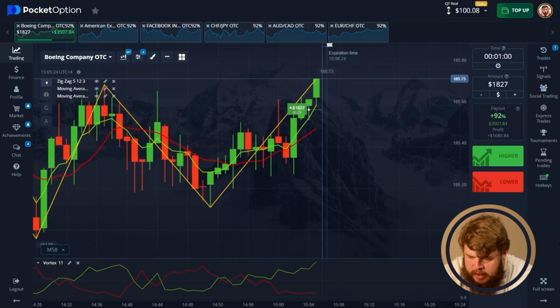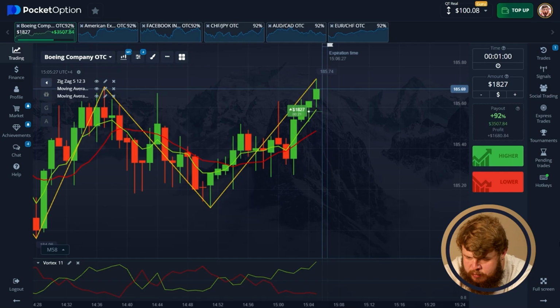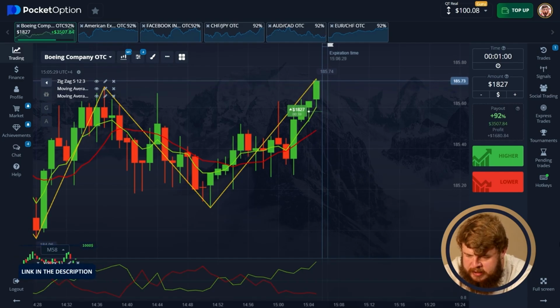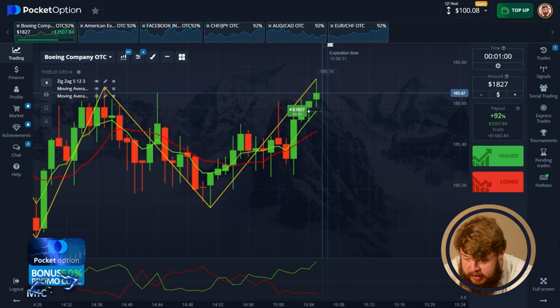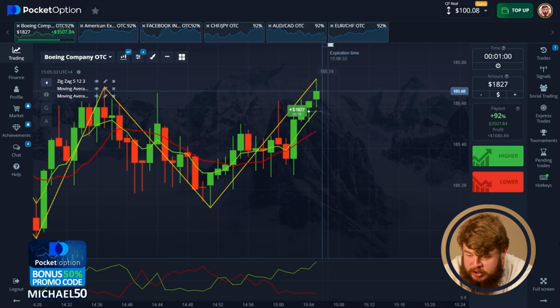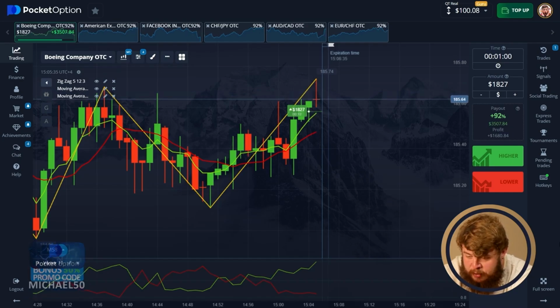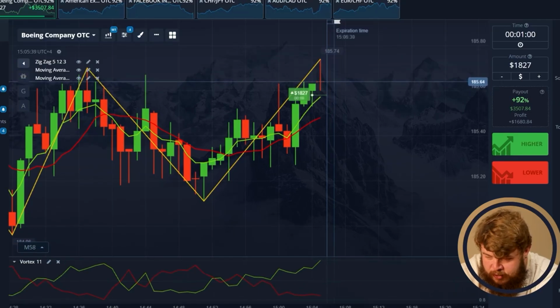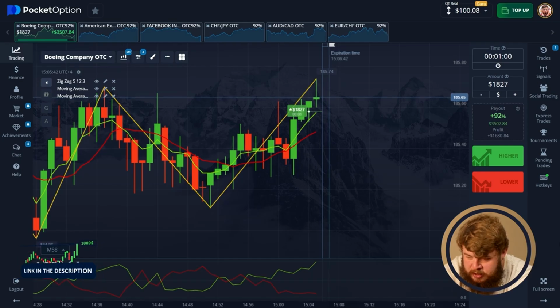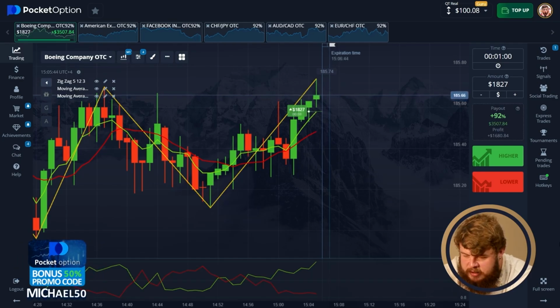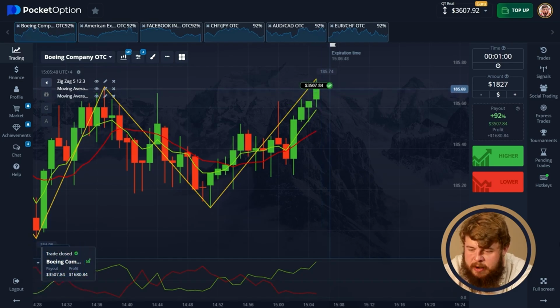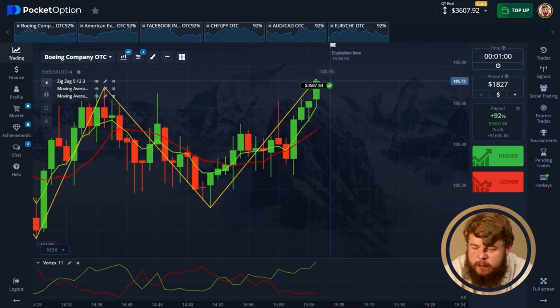And moreover, now we're in the buy zone according to both moving averages and the zigzag indicator together with the vortex oscillator. So everything is just telling us to open a buy position, and we have already done this. So that's why I'm almost sure that we will break through this resistance zone right now. And just several seconds left and we will see this. So yep, my friends, I was absolutely right. We did it, and we have around